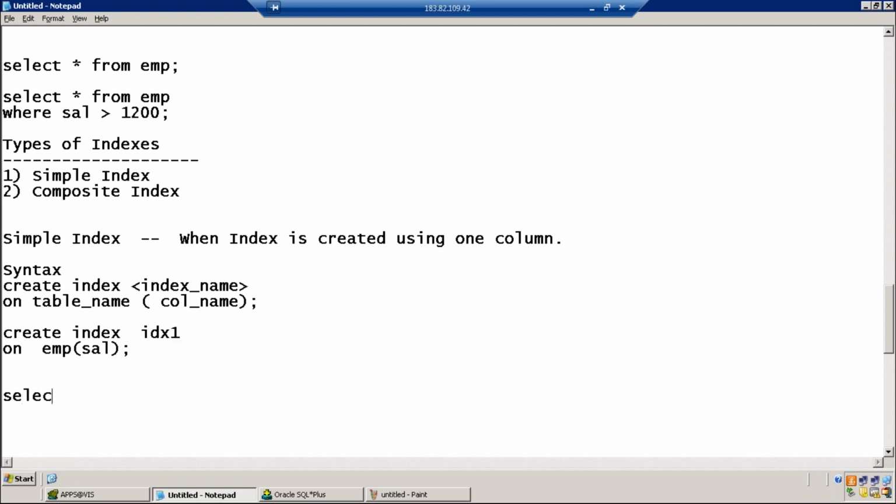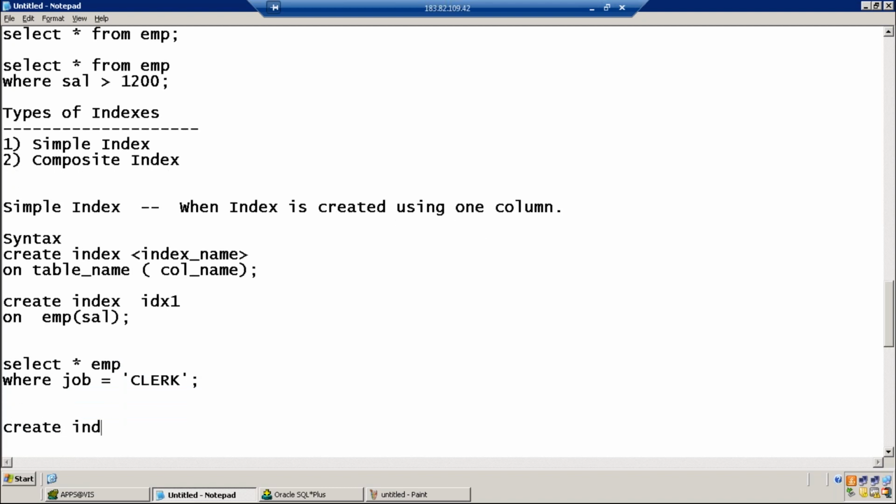Can it be on multiple columns? Yes, that is called a composite index. Look here, Dilawar. Select star from EMP where job equal to clerk. If the employee table has millions of records, this query performance will be very, very slow. Now, Dilawar, how do you create an index so that this query will run fast?